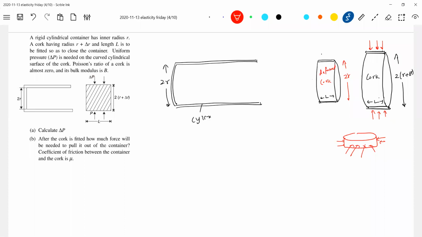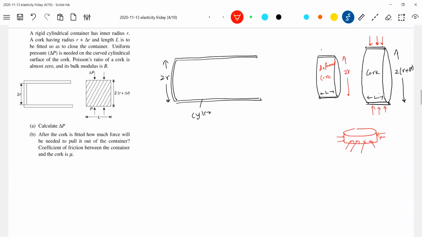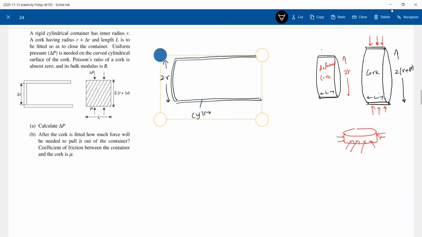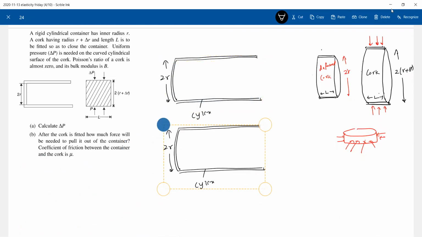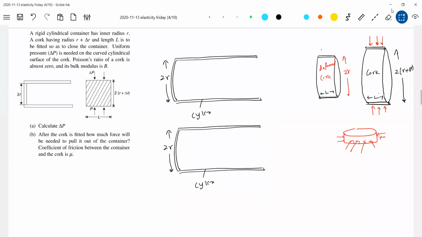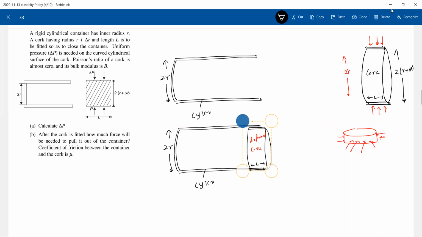The cork is deformed, no? The force is being applied. So now this particular thing, can I shift it into the cylinder? Yes, I can shift it into the cylinder. Fine, if you can understand the diagram, it's a bit easier. Okay, now let's get into the problem. This I will push into the cylinder.